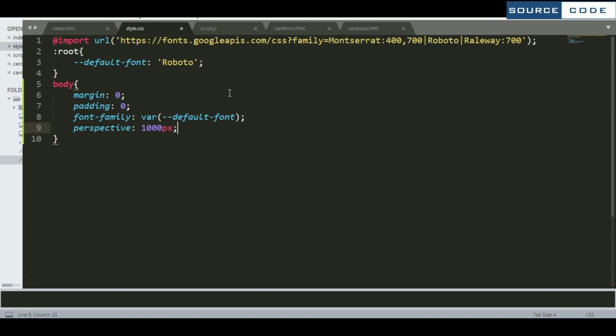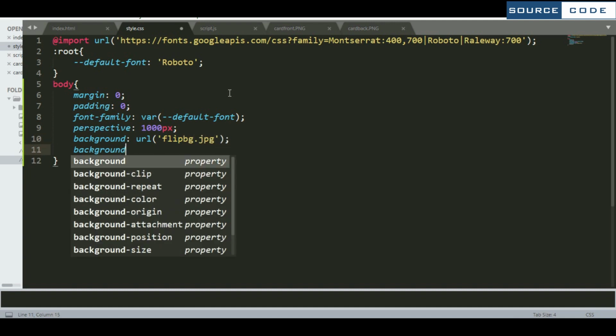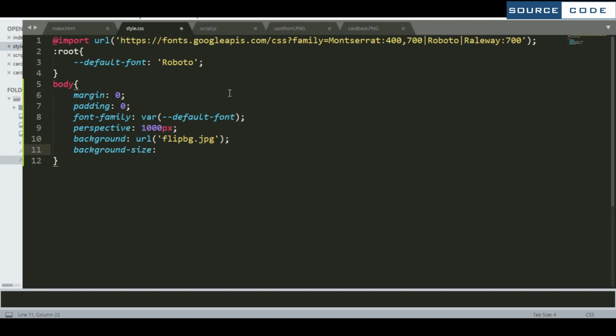So for the font family, I have taken the default font, and for the perspective, I have added 1000 pixels because it is going to give you a 3D position. Now we need to set the background here. So I am going to use one image. Now we need to set the background size. So make it cover so that it covers the whole screen.